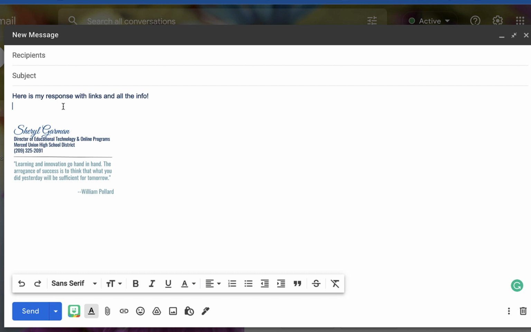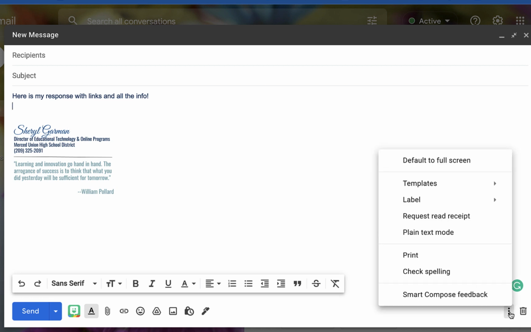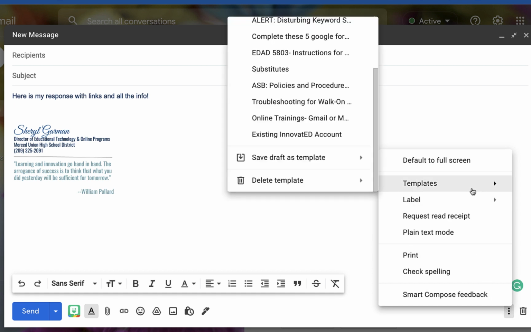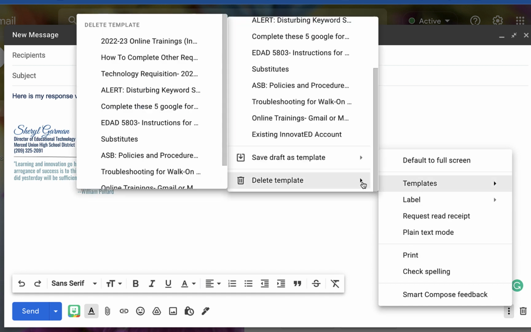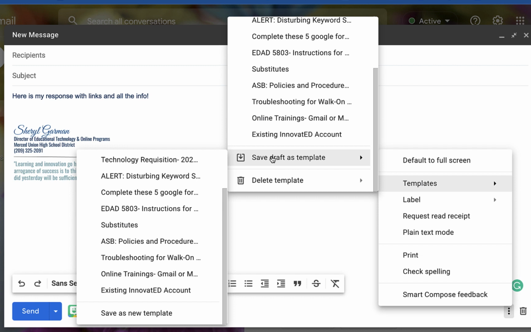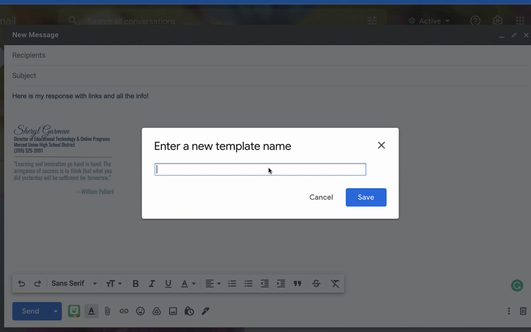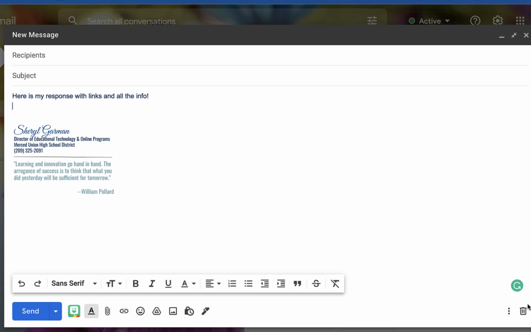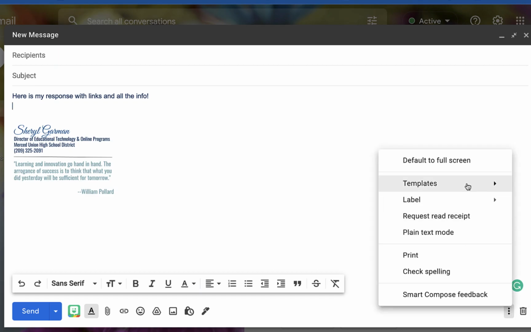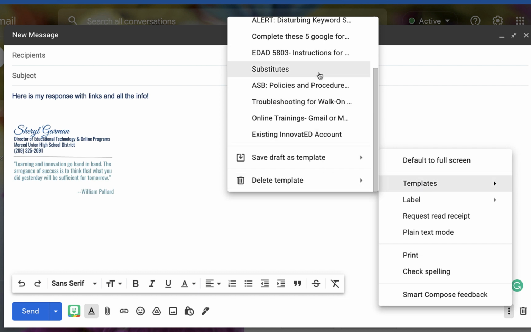Then, when you're composing a message for the first time to set up your template, you need to go ahead and enter in the compose email field all the information and the exact response you want. Next, go to the three dots down here by the garbage can and go to templates, and it's going to open up another pop-up menu, and you're going to save the draft that you've now created as a new template. You'll give it a name, and once you give it a name, your template will appear in this list of